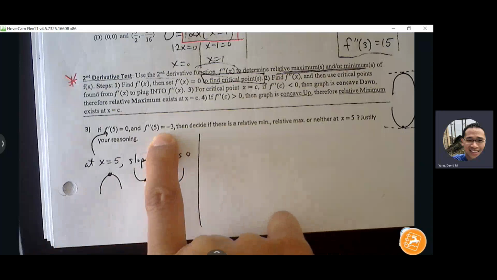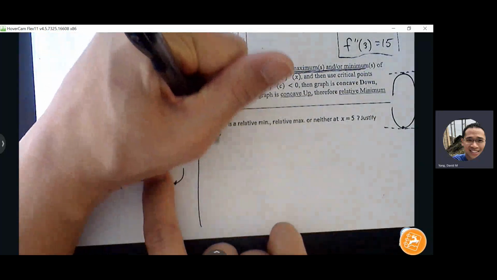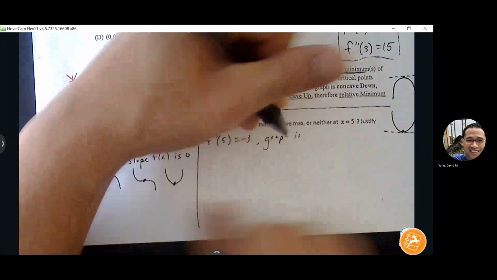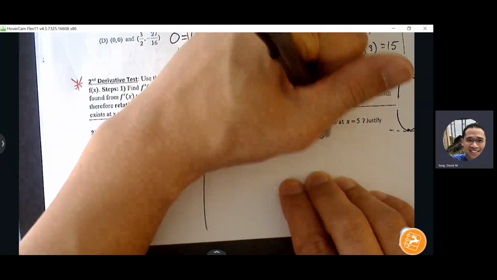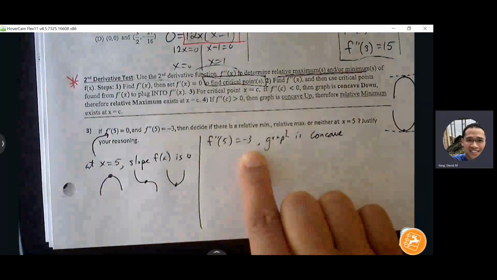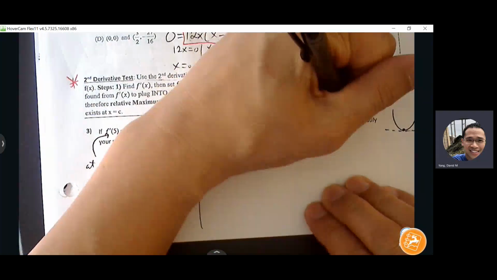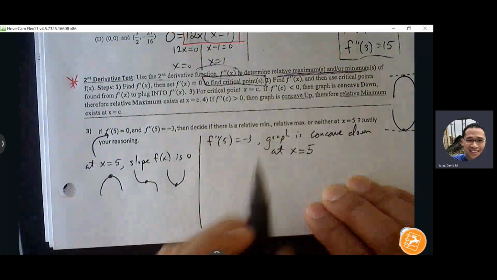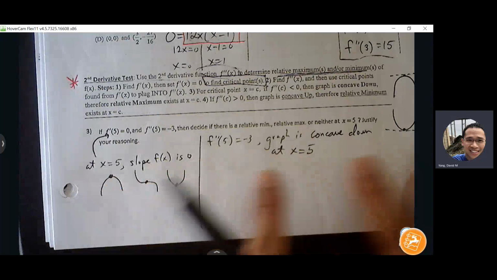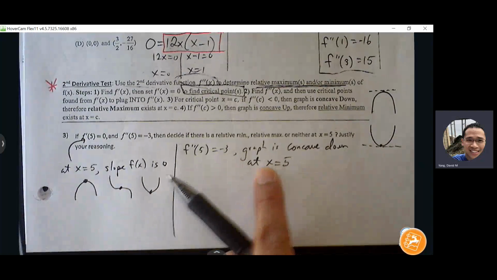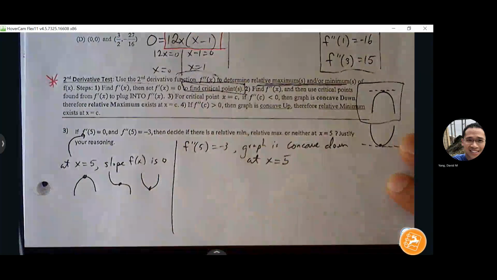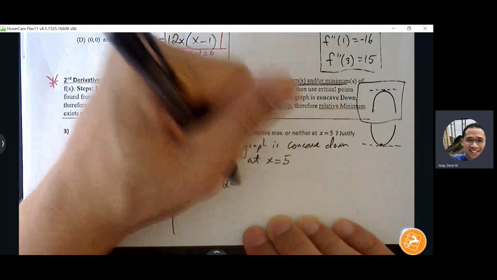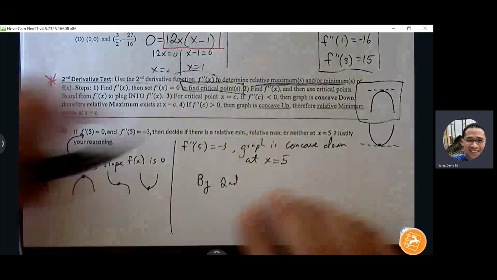f double prime of 5 is equal to -3. Can you interpret this? What does that mean? That means the graph is what? Concave what? Down, since it's less than 0. Okay, so concave down at x equals 5. So if we know that there's a slope 0 and the graph is concave down, what can we conclude? There must be a what? Relative max, yeah. So we can say by the second derivative test, which you actually don't even have to say, you just have to indicate